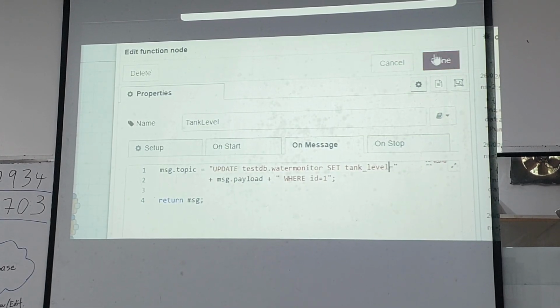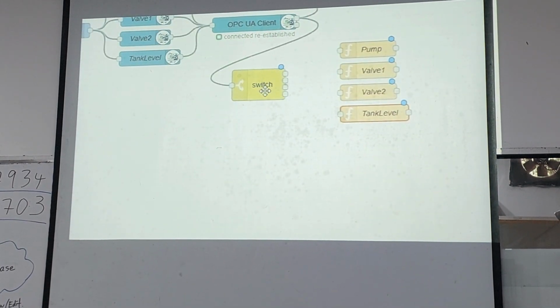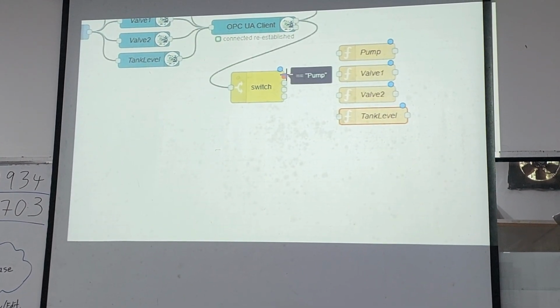Okay, so click done. Now the switch here. The first one, pump, connects to the pump function. The second one is WAV1 to WAV1. This one is WAV2. And the last one, tank level, to this tank level. So after that again, you need to